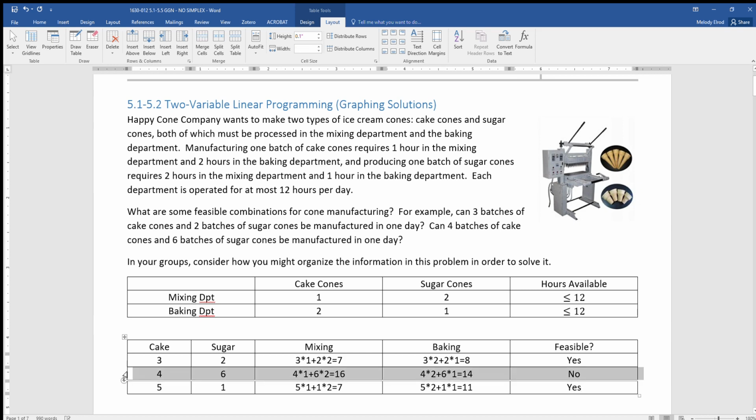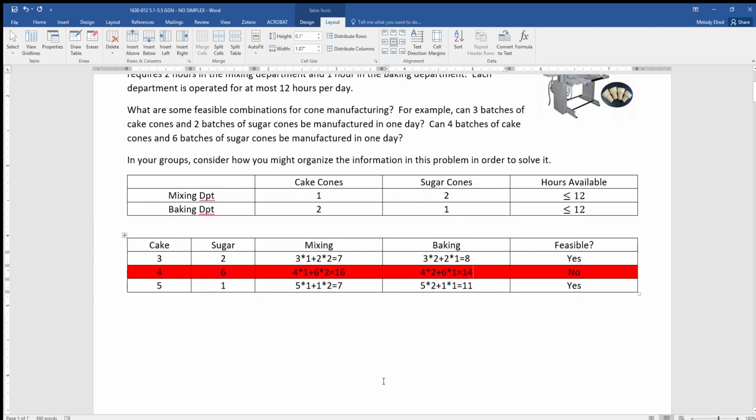So the only one we've found that doesn't work so far is this guy here, right? That one's the one that doesn't work. So the question is, do we want to just keep doing this, right? Do we want to just like keep